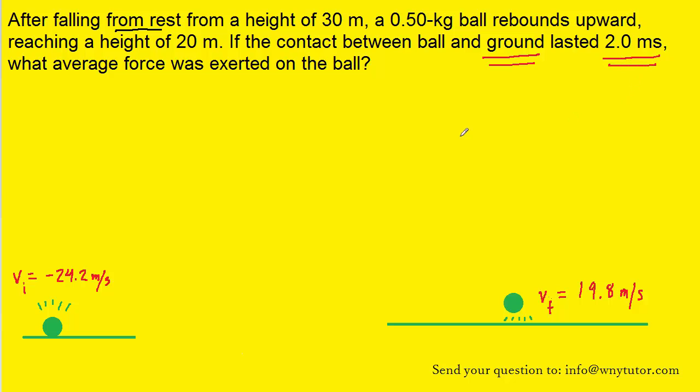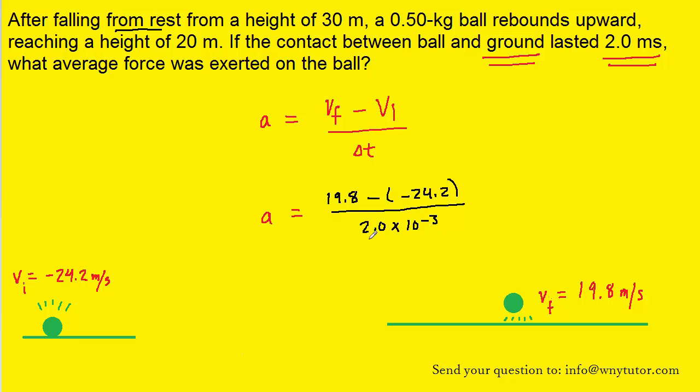And so that's going to allow us to calculate the acceleration of the ball during those 2 milliseconds, because acceleration is simply final velocity minus initial velocity divided by the time interval. So let's fill in the known values for the final and initial velocities as well as the time. Notice that we converted the time to seconds by multiplying the 2.0 times 10 to the negative 3. And when you calculate this, you get approximately 22,000 meters per second squared as the acceleration of the ball,